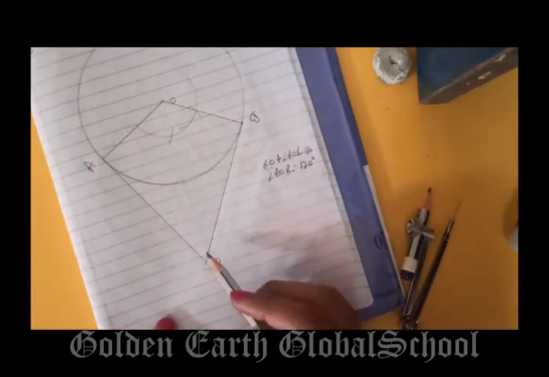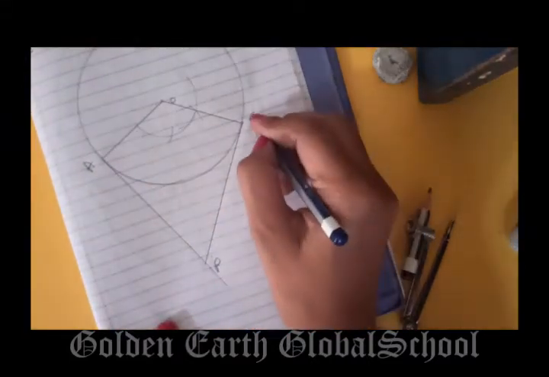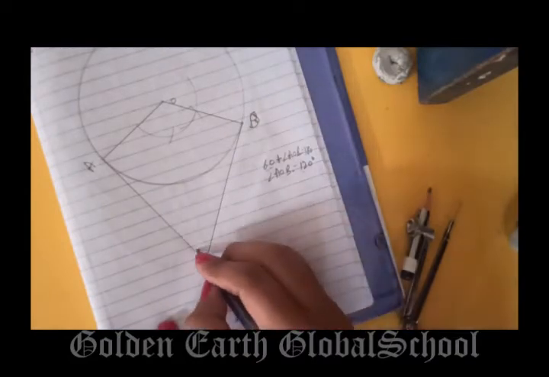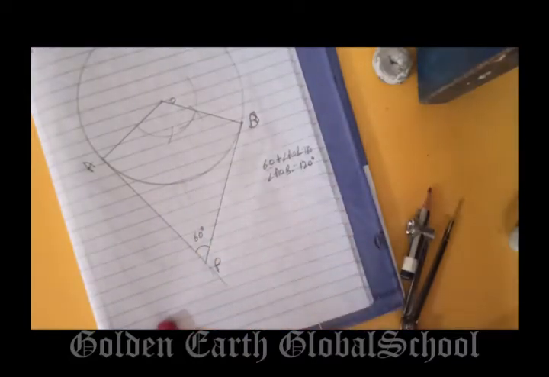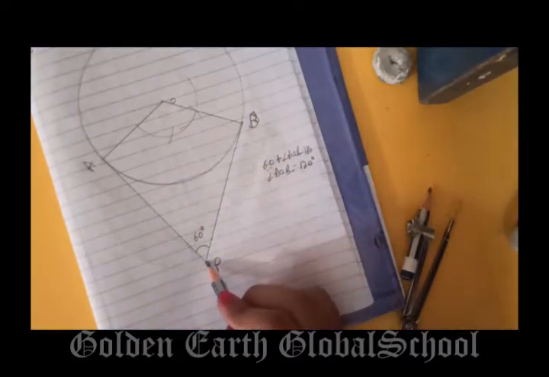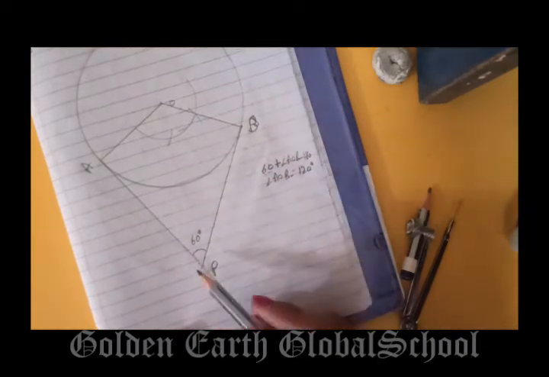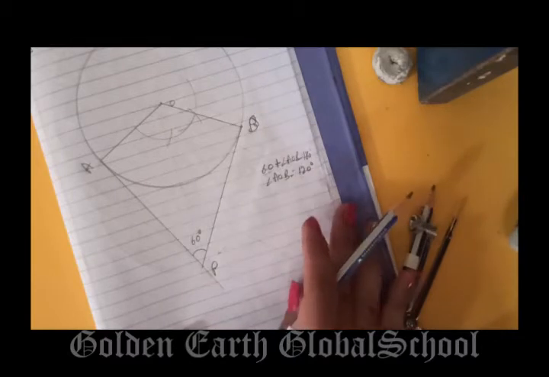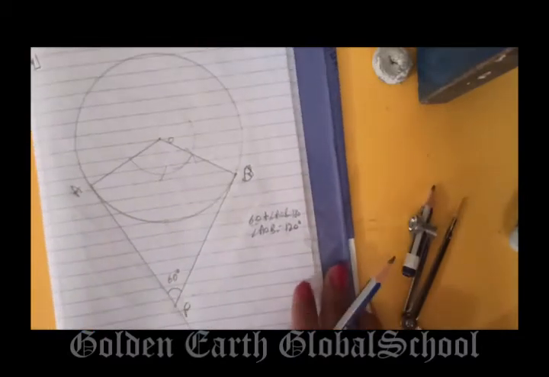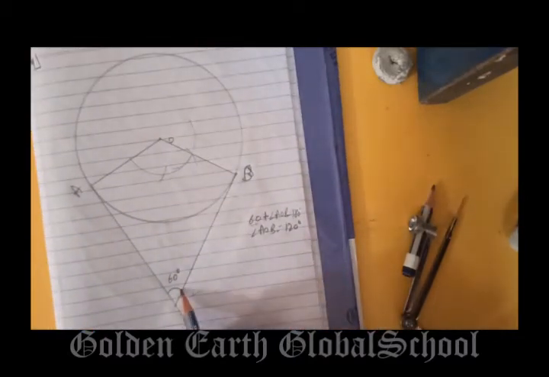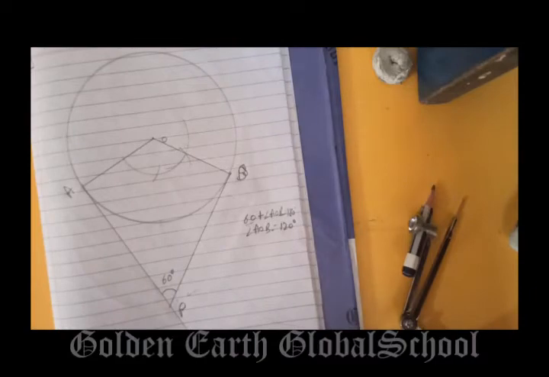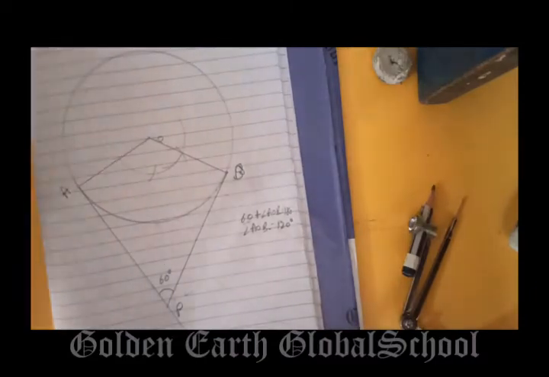Now if you measure this angle APB, it should be equal to 60 degree. If this angle is not 60 degree, it means there is some error in your construction. This angle should be 60 degree otherwise. Clear? So this is the way to construct the two tangents if the inclined angle between the tangents is given. Clear? So this is your fourth question.